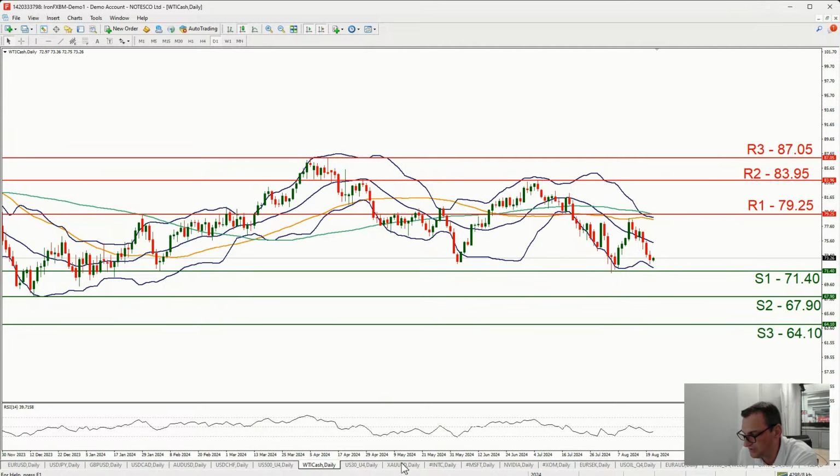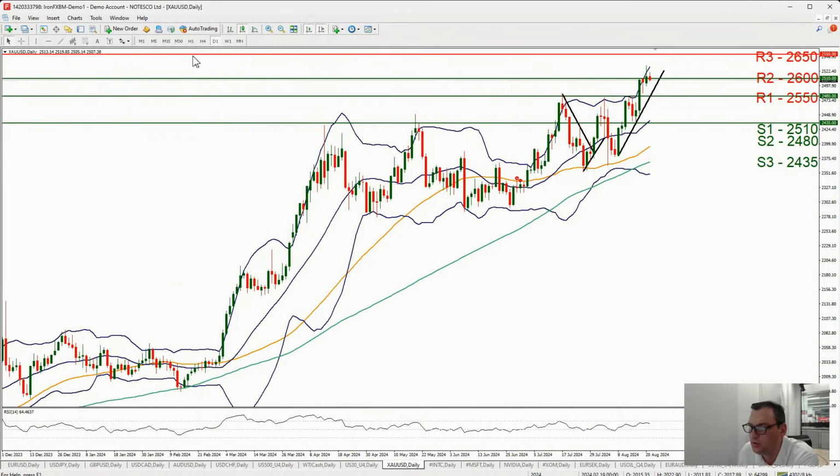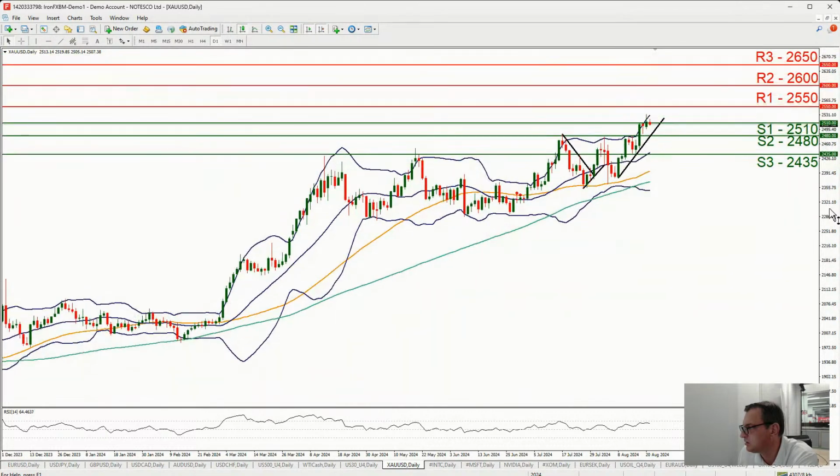Let's have a quick look at gold as well. Gold seems to have some difficulty breaching above the R125.10. Actually, the price action of gold has breached below the S1, turning it into a resistance line, possibly. But for a bearish outlook, I would require a clear break of the upward trend line guiding the precious metal's price, but also a breach of the S2 2480. Nothing less.